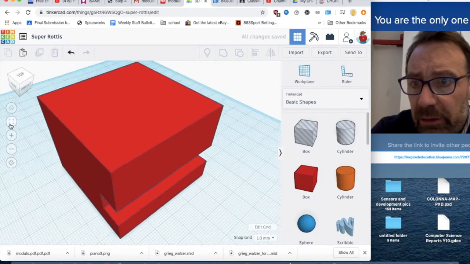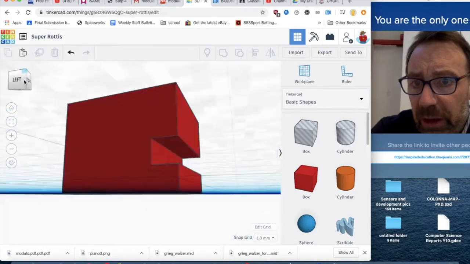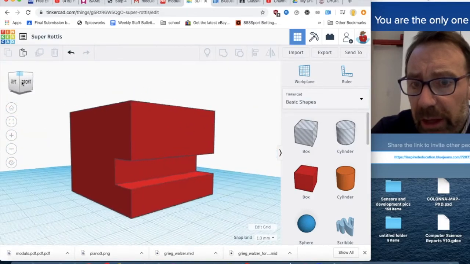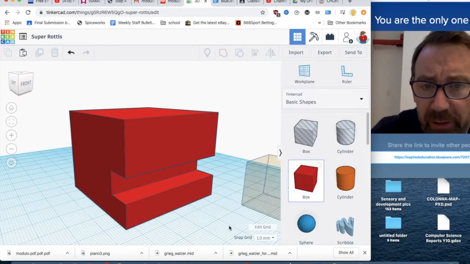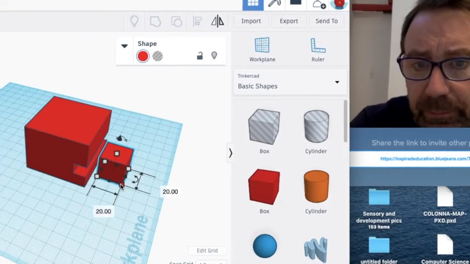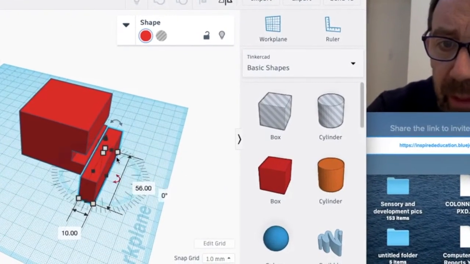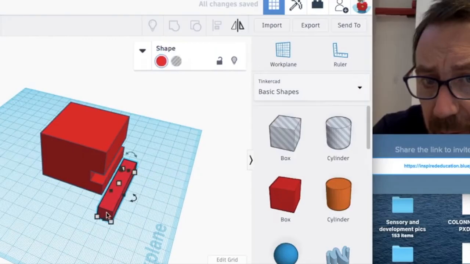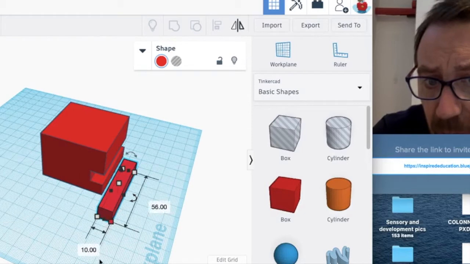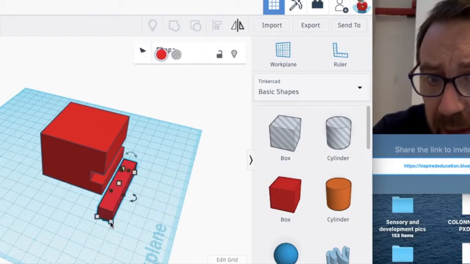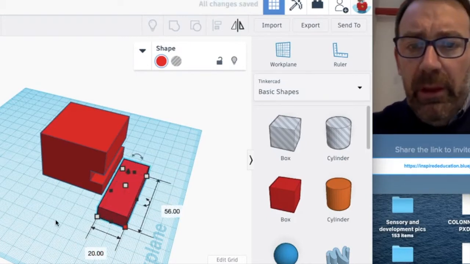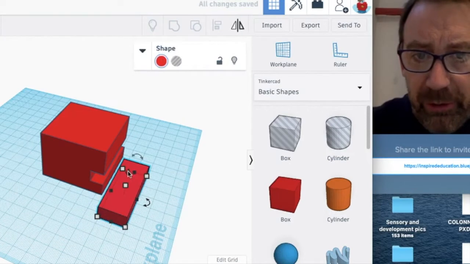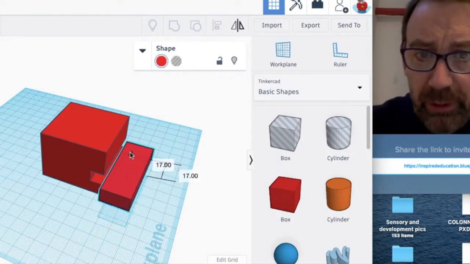Let's come out of that a little bit. We can see we've got almost like a Pac-Man. We've got a chunk cut out. Okay, I'm going to repeat this process. What you've got to think about is I'm going to put this here, so I want it to cut out there. So I'm going to make this one twice as wide. So I'm going to make this step 20. Okay. So again, we drag it up, but this time we're going to drag it 20 millimeters